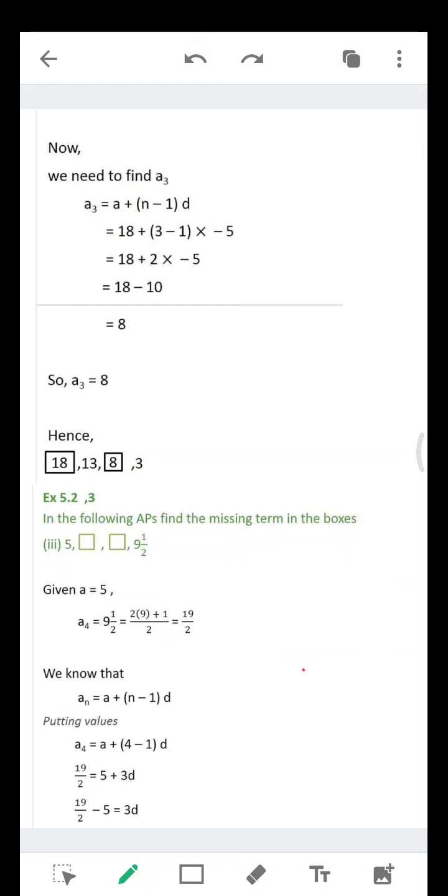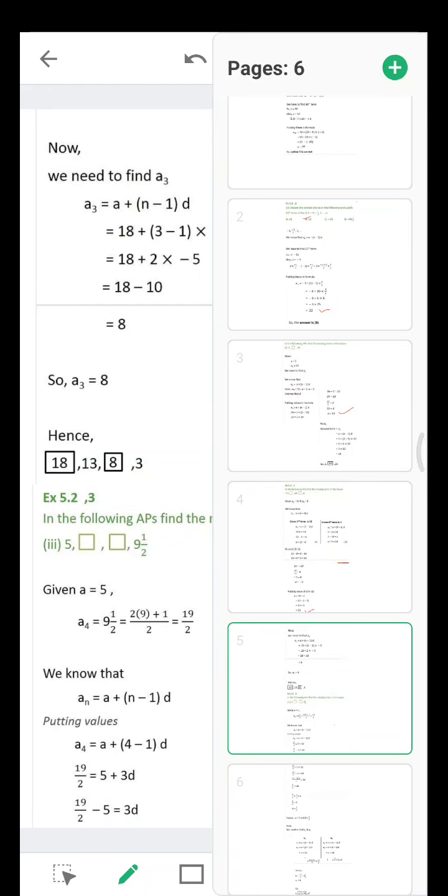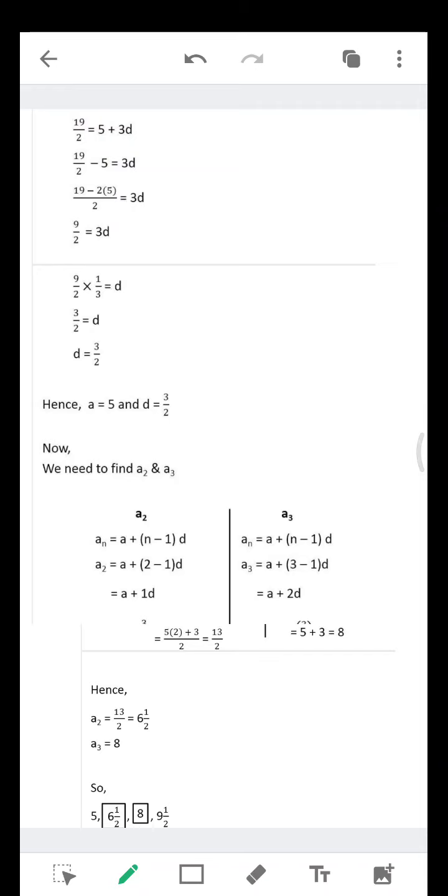Simplifying this further, we get the value of D now. 19 by 2 minus 5 is equal to 3D. Simplifying further, by doing LCM, we get the value of D as 3 by 2. So we have got the values of A and D, that is A is 5 and D is 3 by 2. Now we need to find A2 and A3. A2 is A plus 2 minus 1 into D, or you can directly write A plus 1D also, and A3 is A plus 2D. Simplifying this, we get the